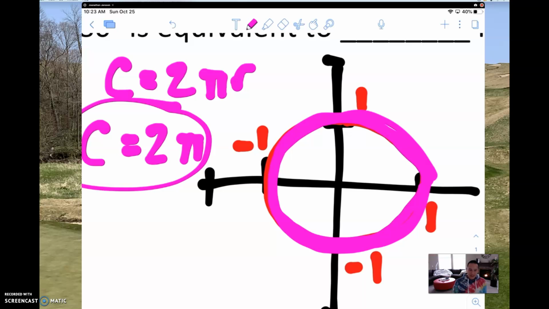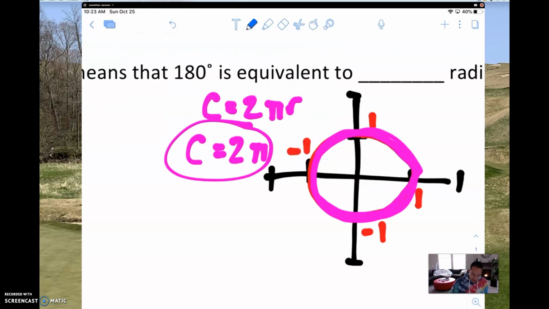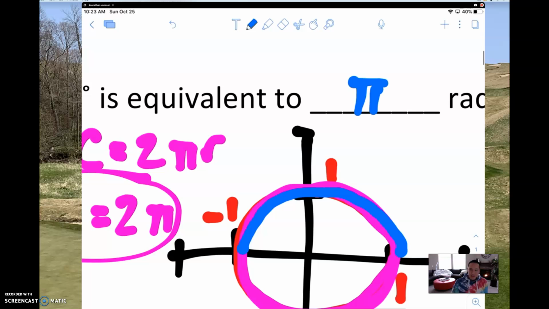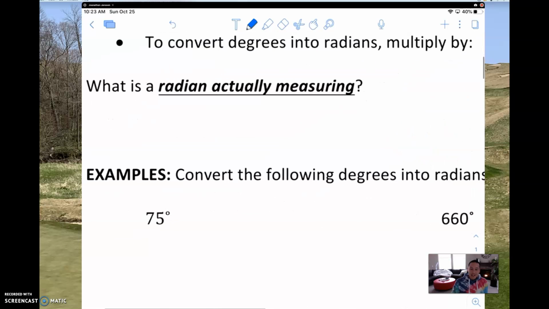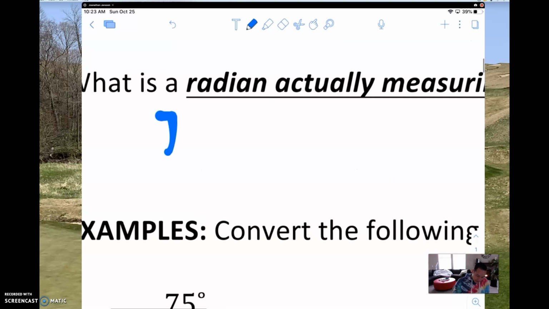So hopefully you see that one lap around the circle is just a length of 2 pi. Which means that if you go 180 degrees, so now I'm just going to go halfway around that circle. So if I start here and I go to there, I went halfway around the circle, 180 degrees. I just went half of that 2 pi, which is 1 pi radians. So when you're talking about radians, I'll get back to that conversion in a second, but what a radian is actually measuring is the distance